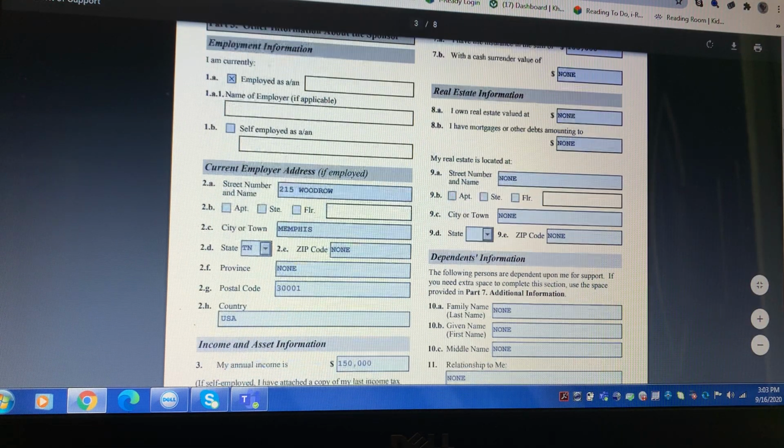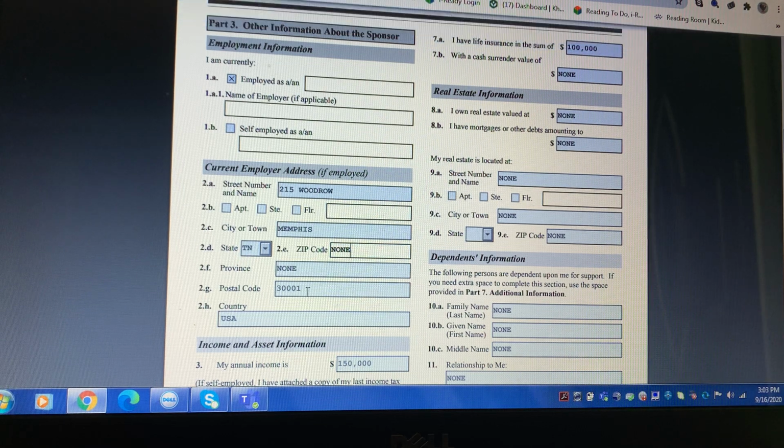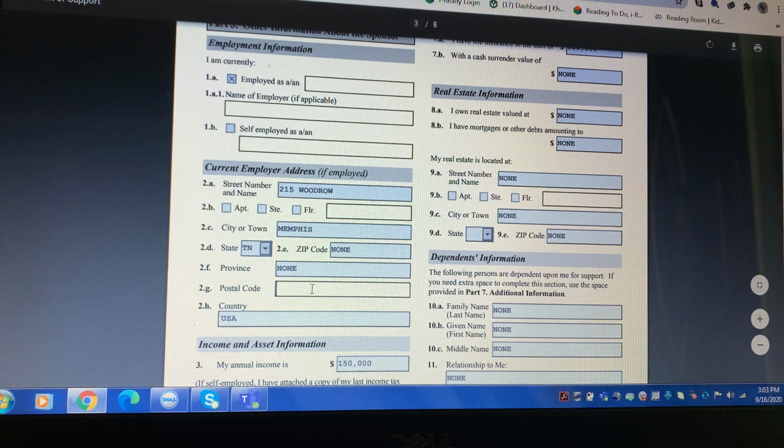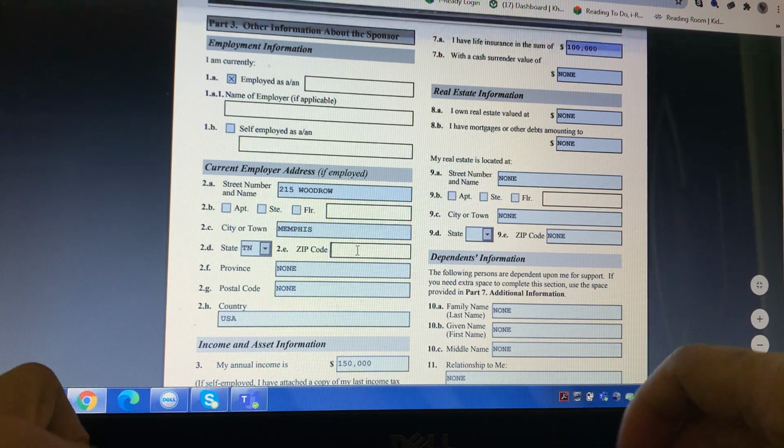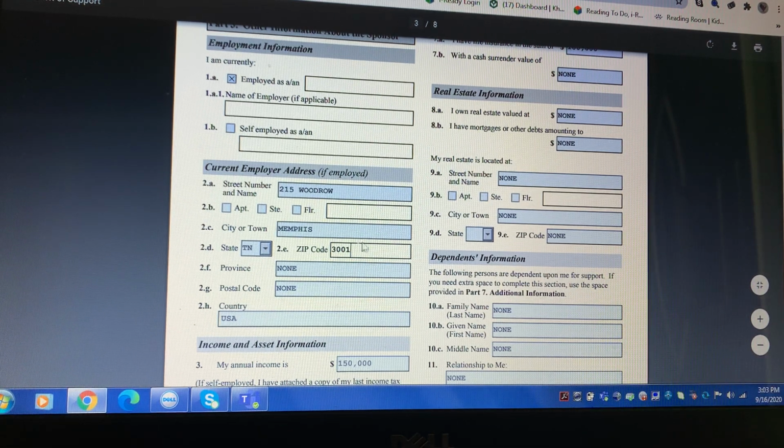If you have the zip code, put the zip code there. If you have a postal code, put it there. For example, I put it here, none. I think it's the Philippines that has one. For example, the zip code is 3001, or 3000, just put it there. And that's it. And then the country,